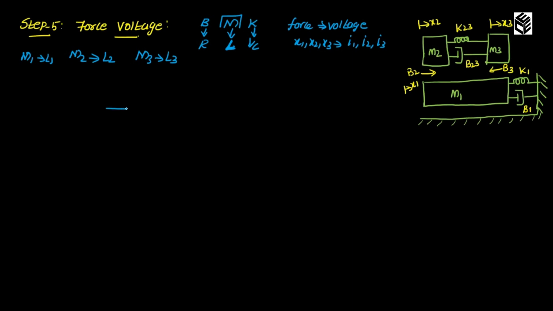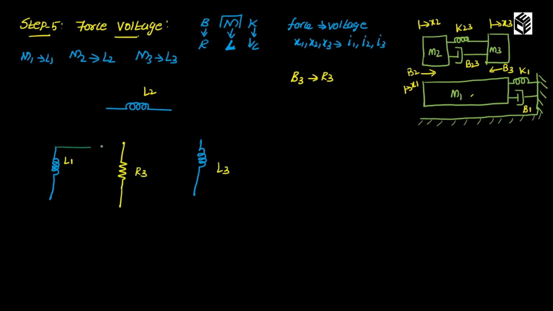I am going to draw one node here, one node here and one node here. I am going to name these L1, L2 and L3. First I need to check whether there is any common element between L1 and L3. Between the node M1 and M3, do we have any common element? We have a common element B3. So I am going to replace B3 as R3, which is common to L1 and L3. I connect the common element R3, so with this I can join these two.